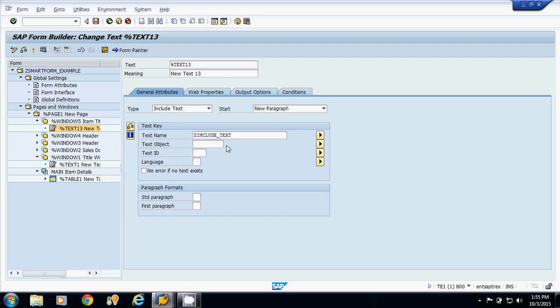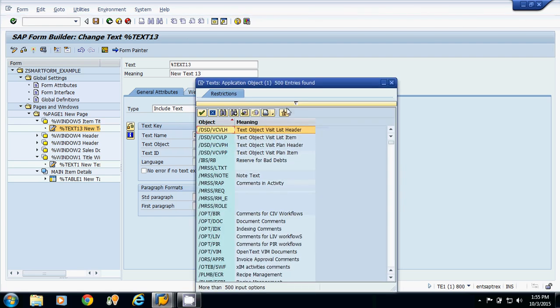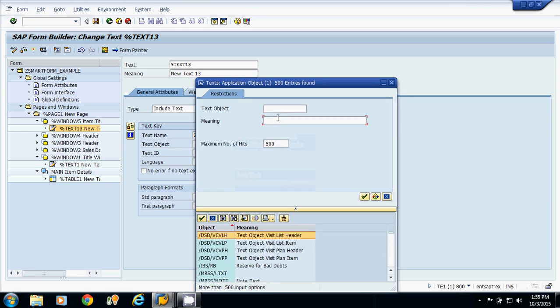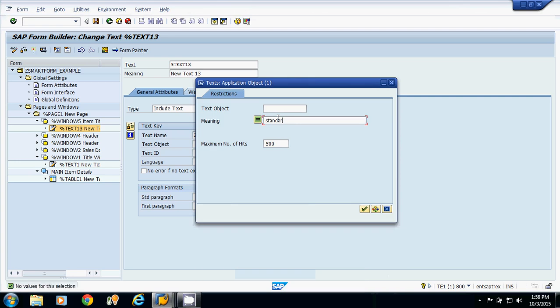Text object: our text object is standard text. I will search for that.